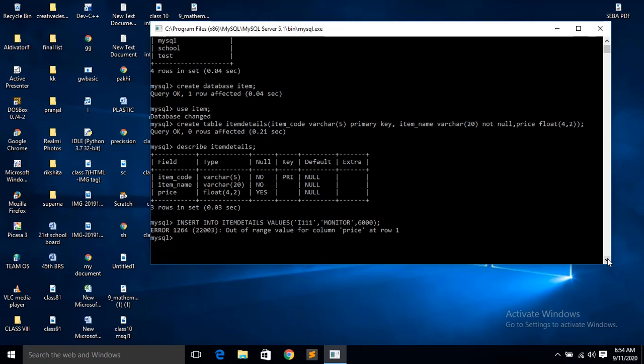So it is not taking the data. So let us see again by changing the value. Still it is giving an error. So let me check.